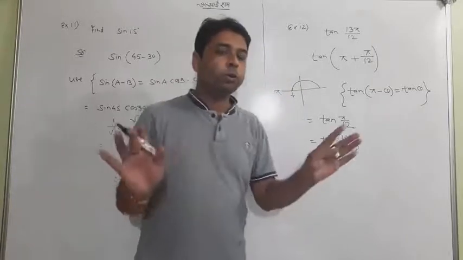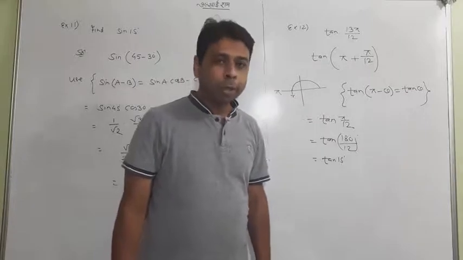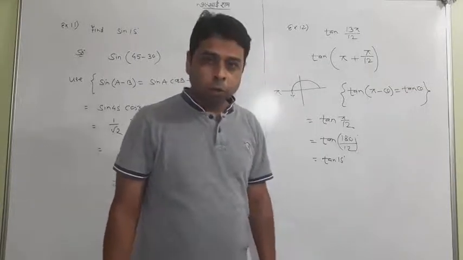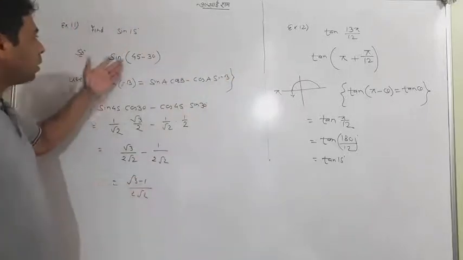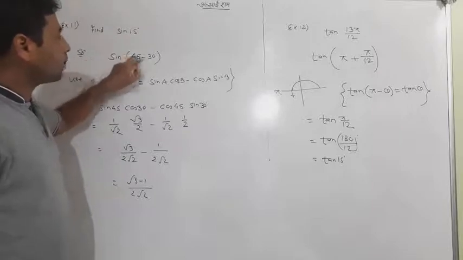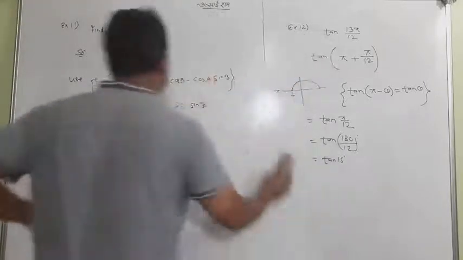And I don't want to tell you this question because when I was teaching you the formula of tan A plus B, tan A minus B, that time I told you this formula. Even though you know that already we have seen sine 15. So by using 45 minus 30, you can also turn this and get your answer. So it's your job now, students. I am not doing this question.